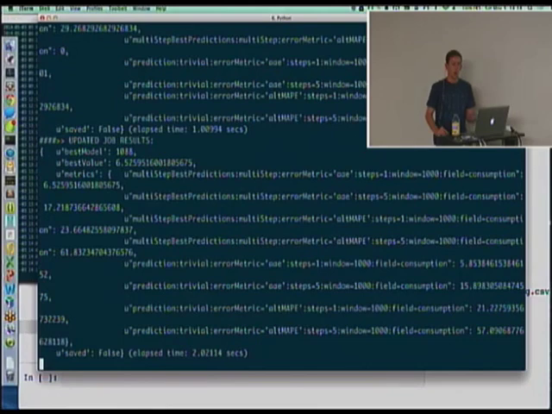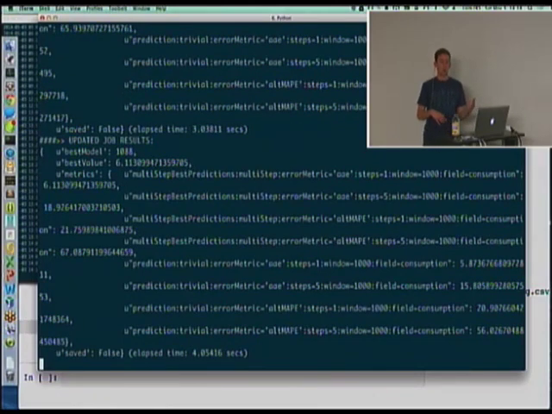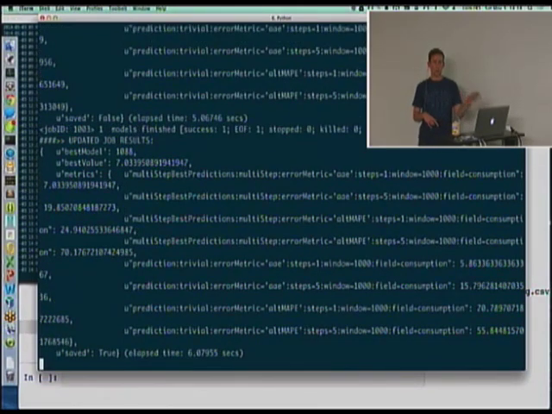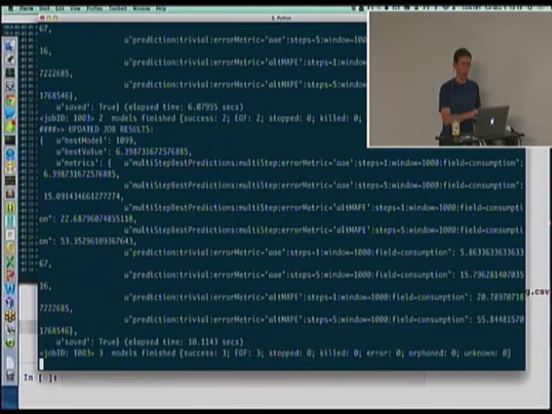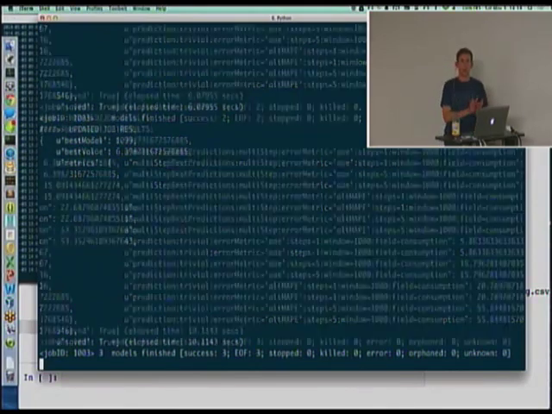Again, there's going to be a lot of output here. It's just so that as it's running, you can see where it is. For most cases, you probably don't need to understand exactly what all this means. When this finishes, it's going to write a directory that's going to have